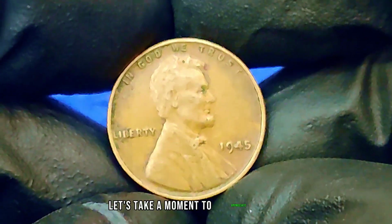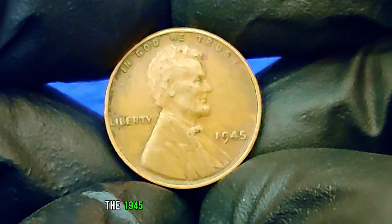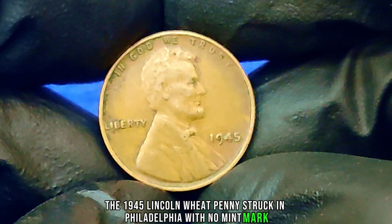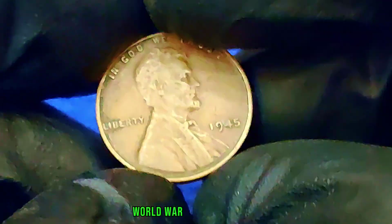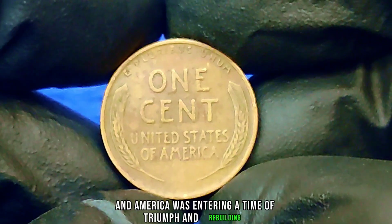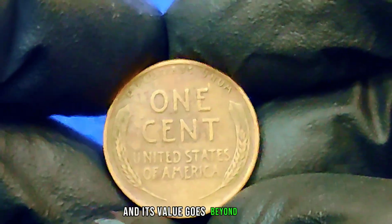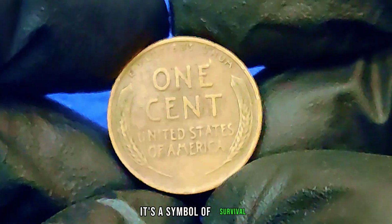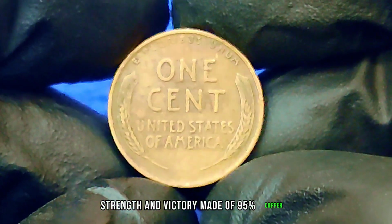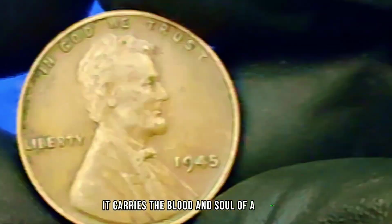Let's take a moment to appreciate the majestic story behind this coin. The 1945 Lincoln wheat penny, struck in Philadelphia with no mint mark, comes from a powerful era. World War II had just ended, and America was entering a time of triumph and rebuilding. This coin witnessed that chapter of history, and its value goes beyond metal. It's a symbol of survival, strength, and victory. Made of 95% copper and 5% tin and zinc, it carries the blood and soul of a nation etched into